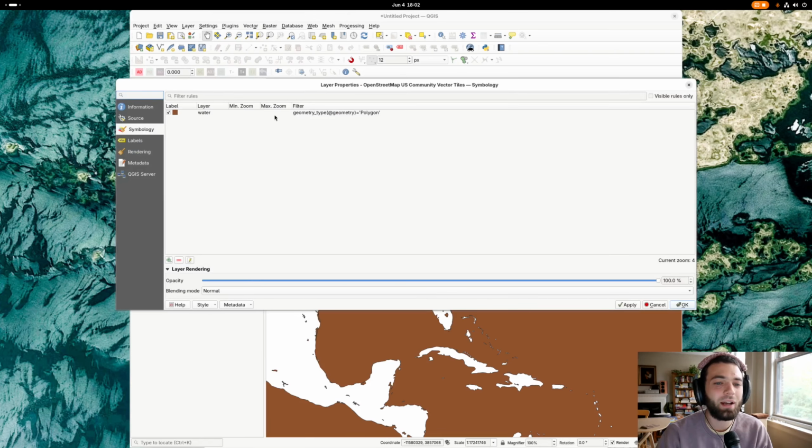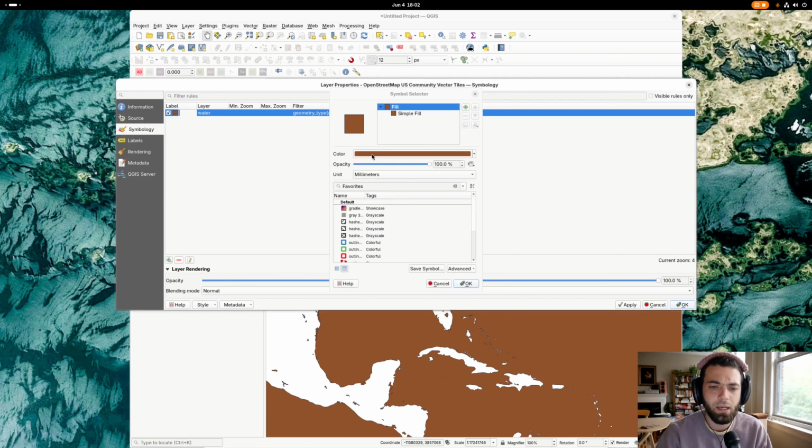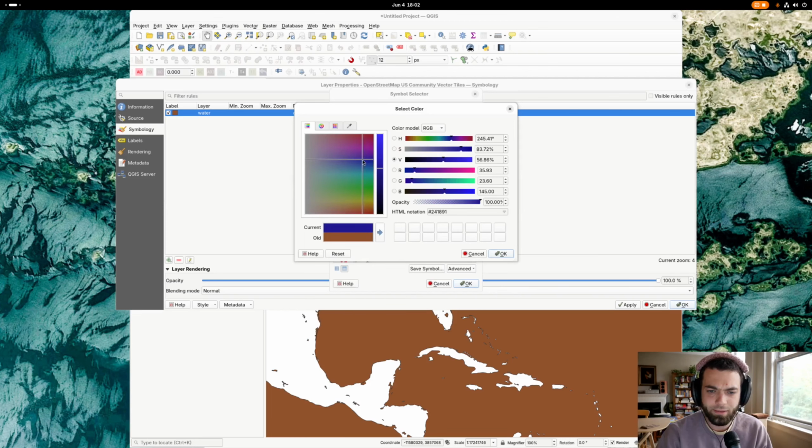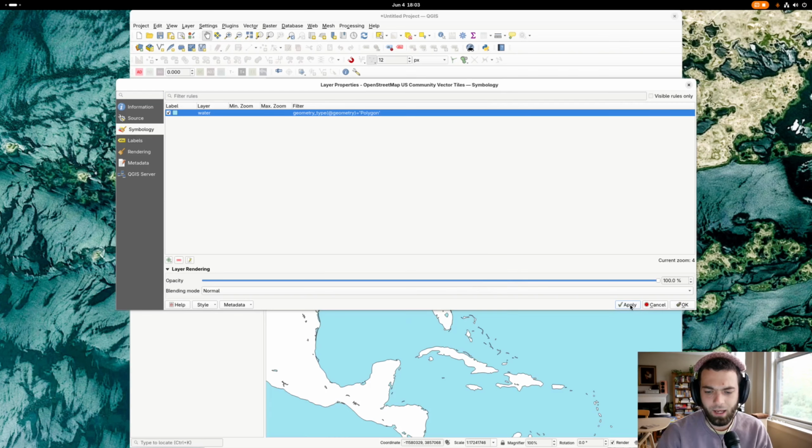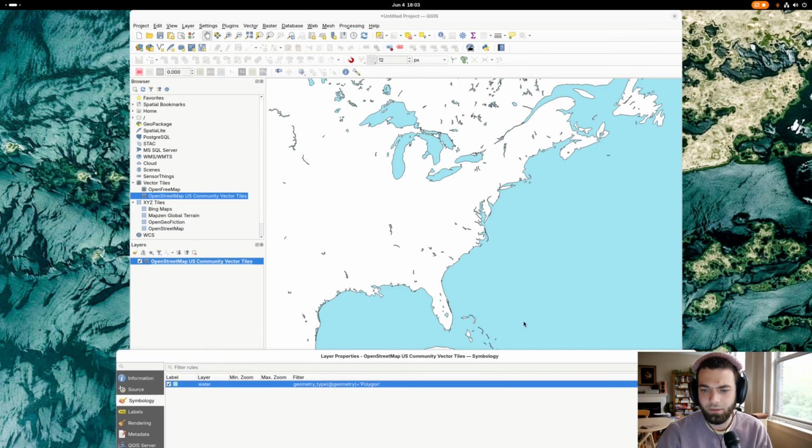I am going to go back to that same page, and let's pick out a more appropriate color for water. If I just double click on there it goes. I'm going to go over to color, and I don't know, I'll just pick something very blue, maybe this light blue color. You can kind of play around here. I like these sort of light blue colors for my water. I don't know. Whatever suits you, you know. I'll hit OK. And then if I hit OK again and then apply, we can see that immediately applies to